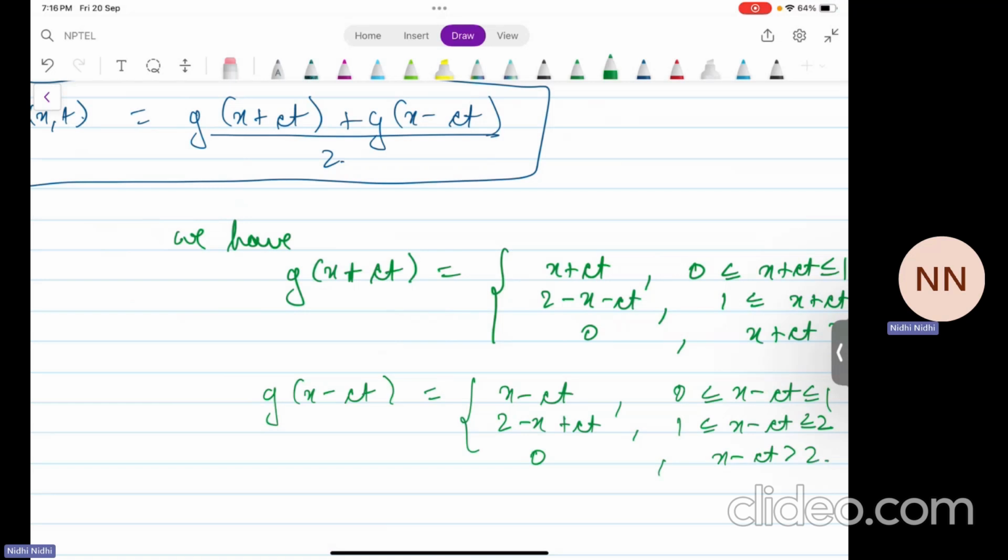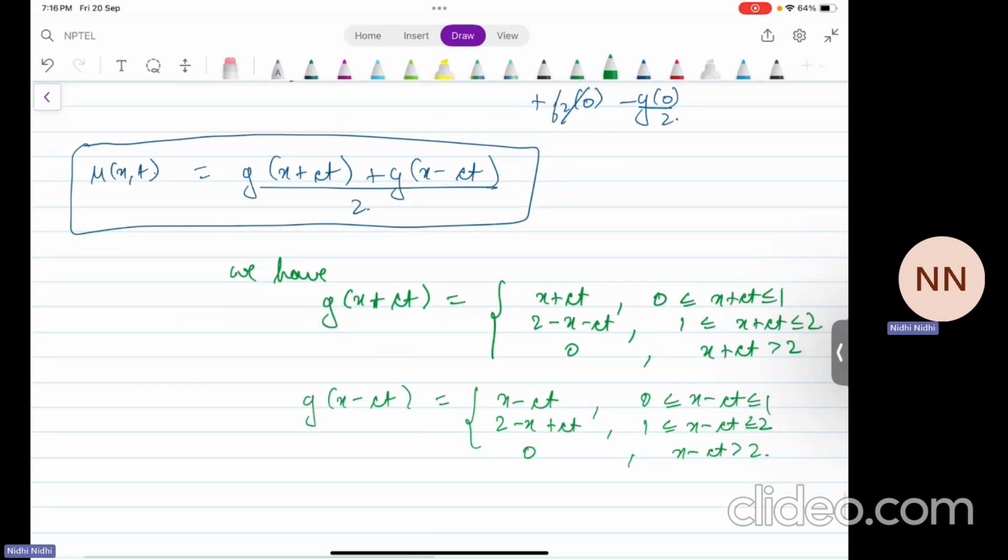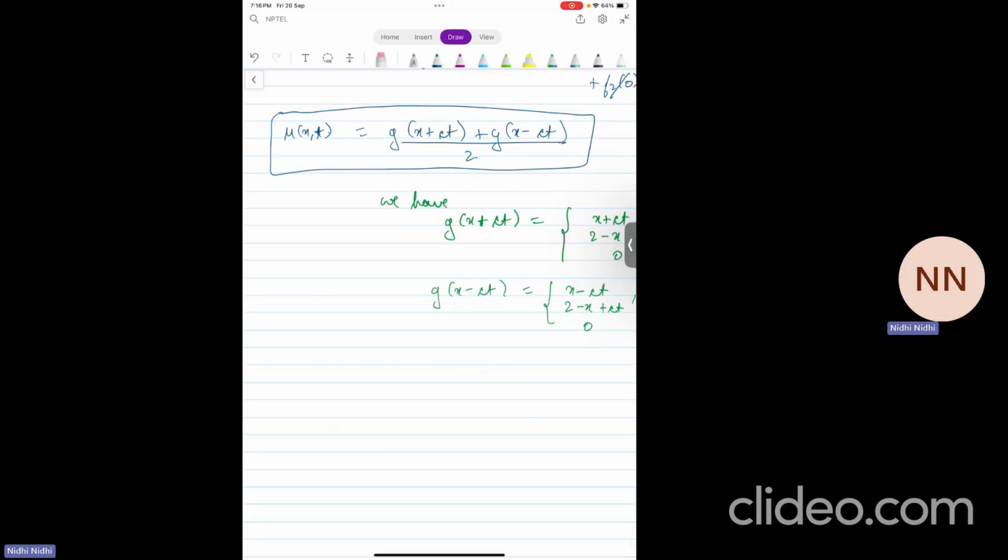If you want, you can just expand it in a more clear way and see how this u(x,t) will look explicitly. So the main method, the D'Alembert's method,